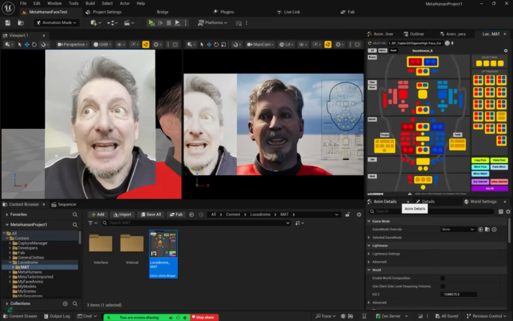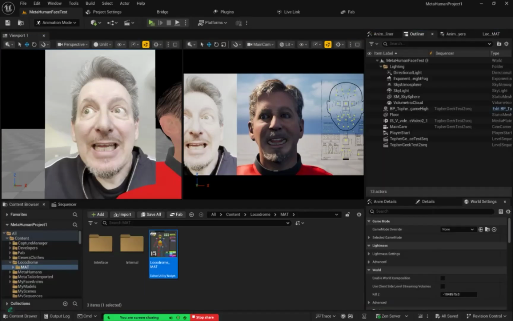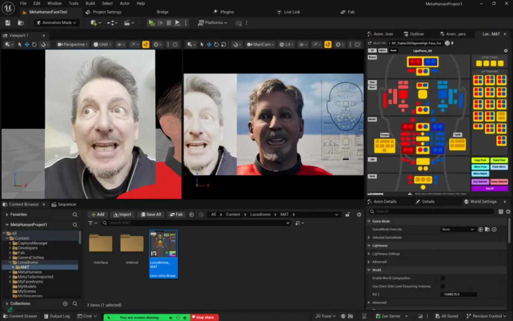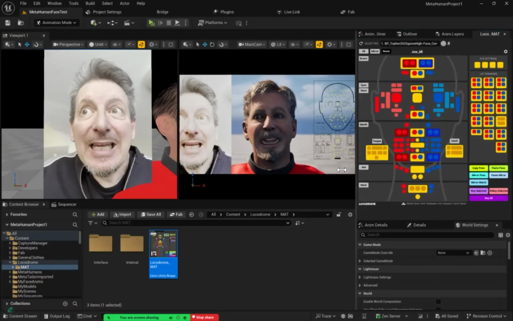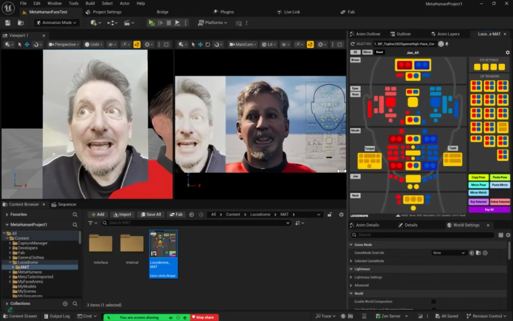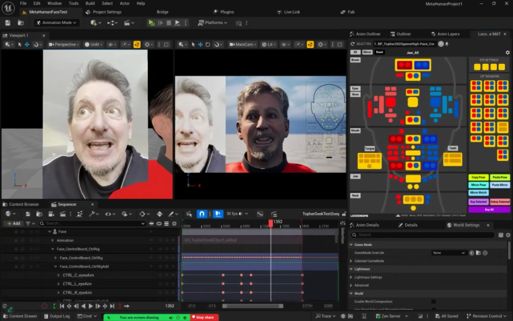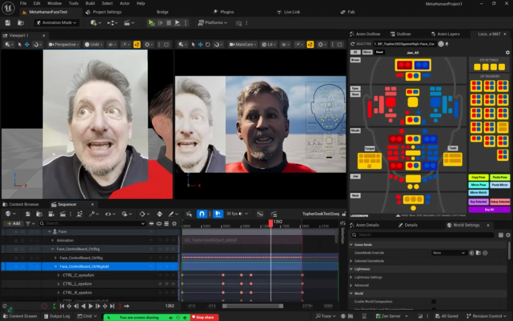Right there, kind of to the right of my outliner. And that way I can switch back and forth between my outliner and this widget. And so when you're working with your character inside the interface, and you do what I showed you last time and make an additive layer that you can set keyframes on,